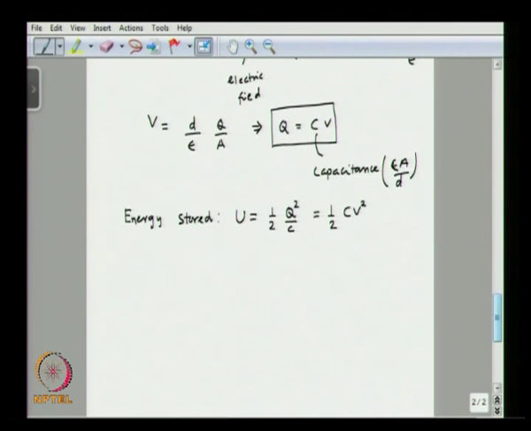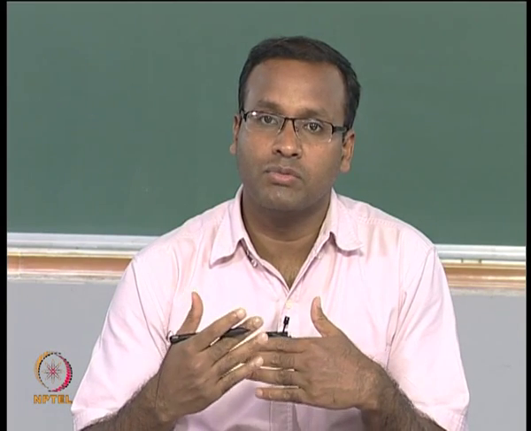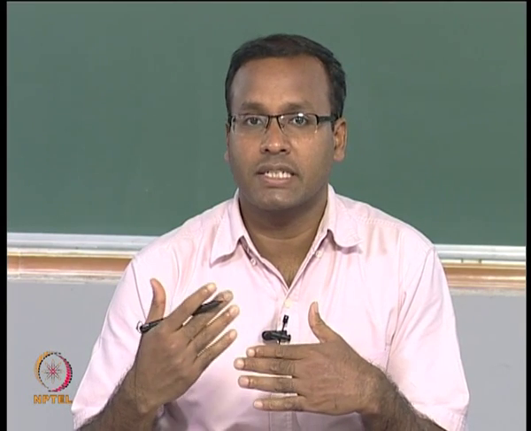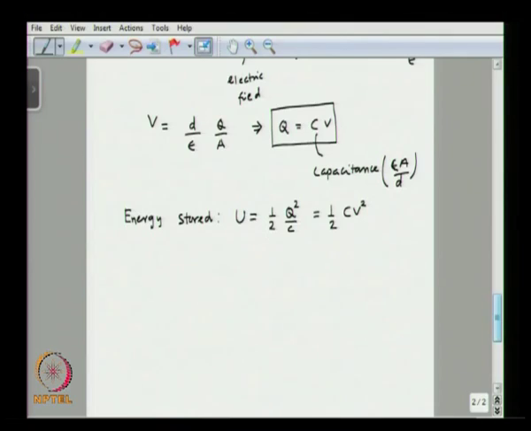Now, since these two plates are oppositely charged, there is going to be a force F between them, and if you are going to move one of the plates by a distance delta z, then we would need an energy which is F into delta z. So the force between the plates, let us call it F,